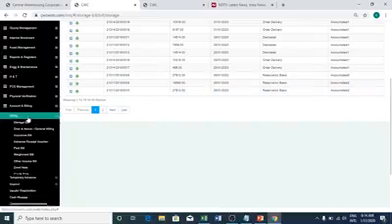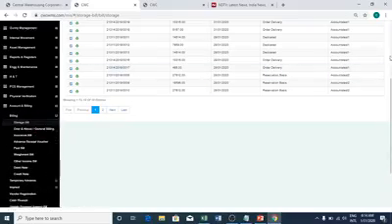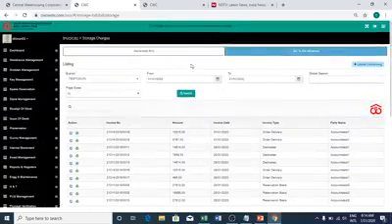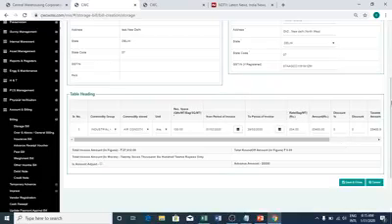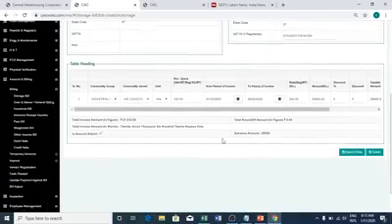So what we do is we go to billing, we click the storage bill, we come to these two options, bills to be generated. I have already received an amount of 20,000 rupees as advance for the party account test 2. So I'm going to click on bills to be generated. Account test 2, I click on the checkbox, I generate the bill. Now, if you go to the bottom, you'll see there is an advance amount of 20,000 rupees lying. It will ask you whether you want to adjust against this bill. So this is the menu and the option when you're generating the advance storage charges monthly bill.